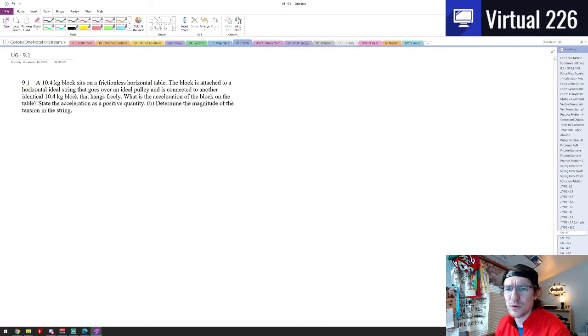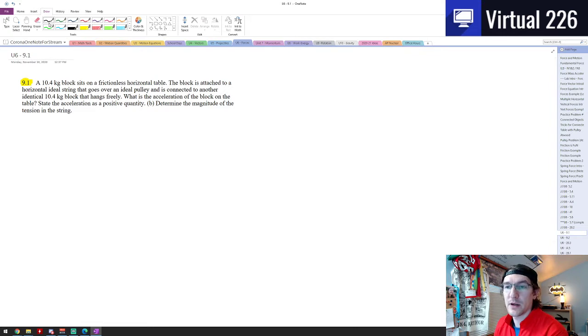Okay, so what we're looking at here is another problem from Unit 6 with forces, but this time we're going to look at connected objects that are not only moving horizontally, but also vertically over something